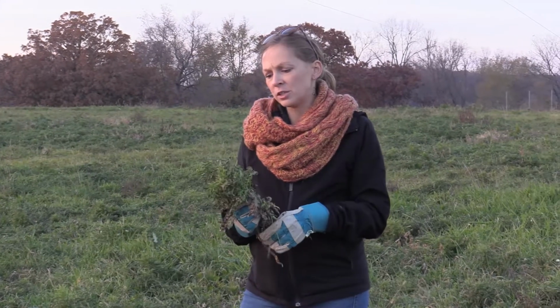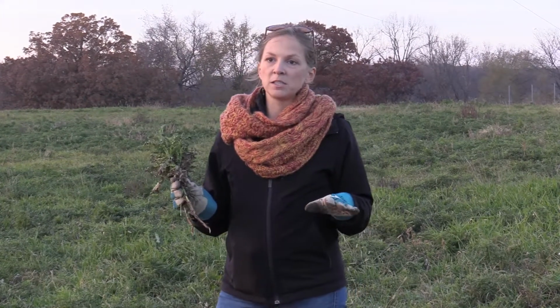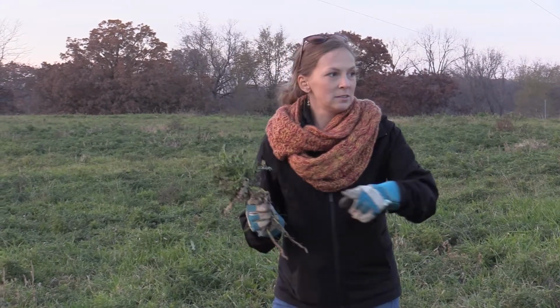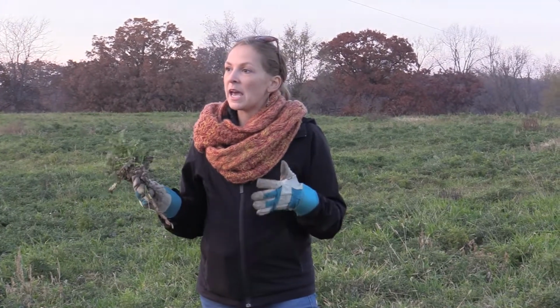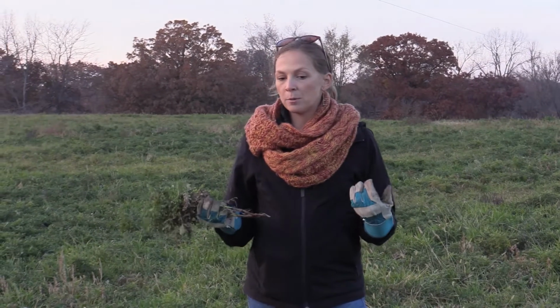Canada thistle's really one of a handful of species that I would say is virtually impossible to control without herbicides. And it's really challenging, especially if you have Canada thistle that's coming in from somewhere else, right? If you have a pasture and this is a nice little patch that looks pretty well contained within this pasture, that tells me they could probably get control of this with an intensive management program with some herbicide applications once a year for maybe 3 to 4 years, hopefully, perhaps longer,